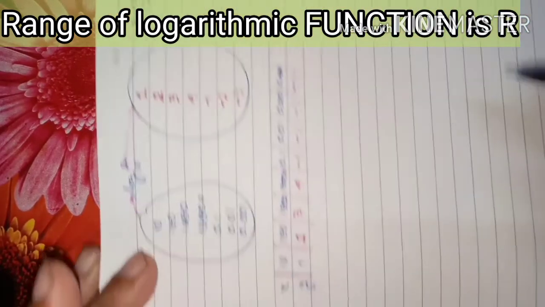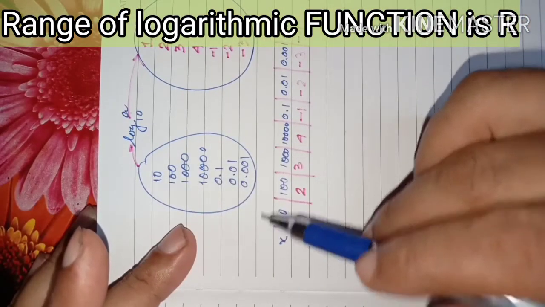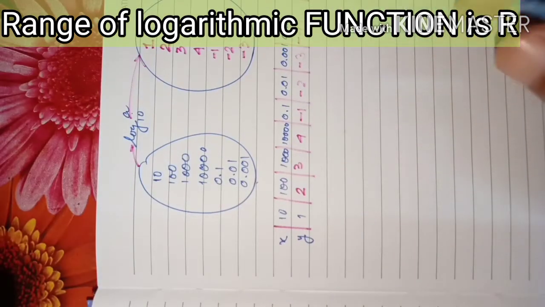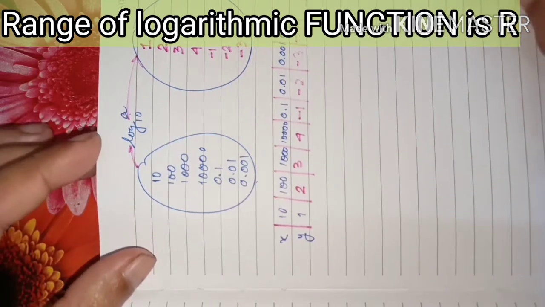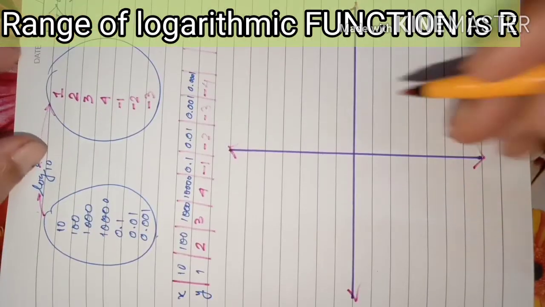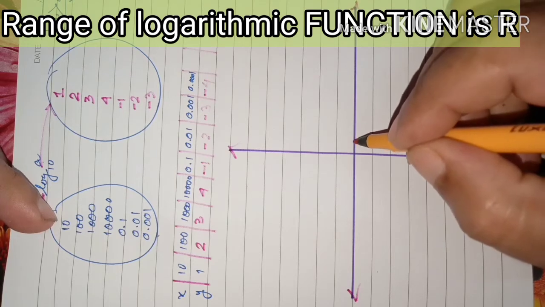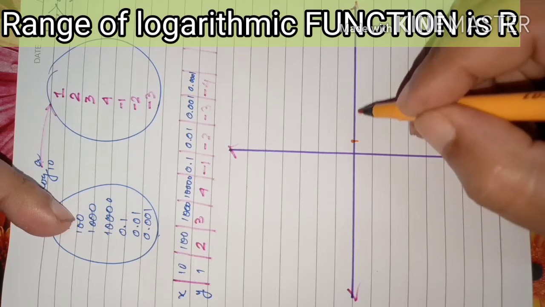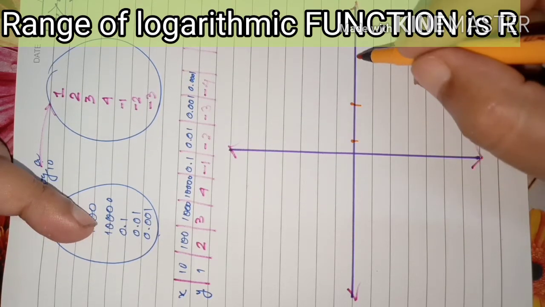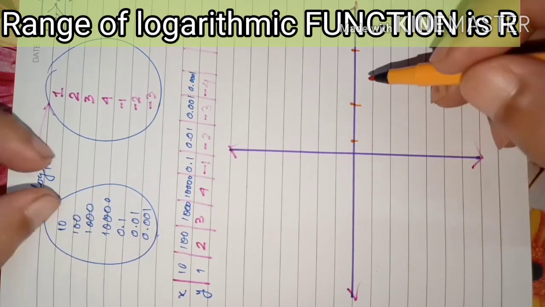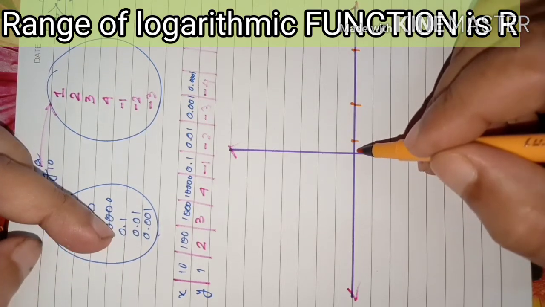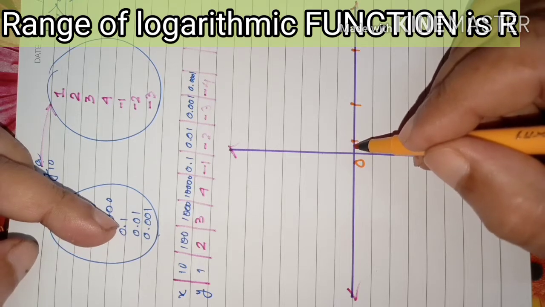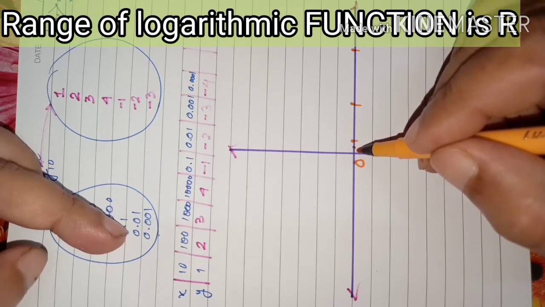Okay now? Nice. For all these values, the logarithmic values are 1, 2, 3, 4, 5, and minus 3, minus 4, and so on. So if we plot them in the graph, then the graph will look like this. So let us plot. Say x equal to 10. 10 is here, suppose. Then x equal to 100, somewhere here, suppose. Then 1000, it will go far, and so on. And if it is 0.1, it is very close to 0. This is 0. Then suppose 0.1 is here. Then 0.01 is again close to it.